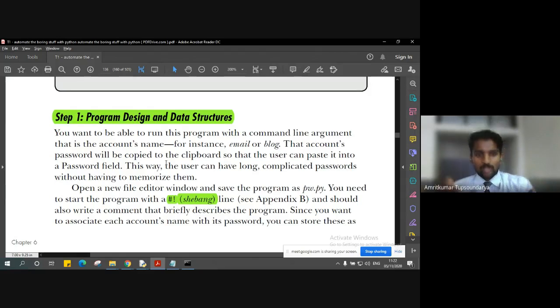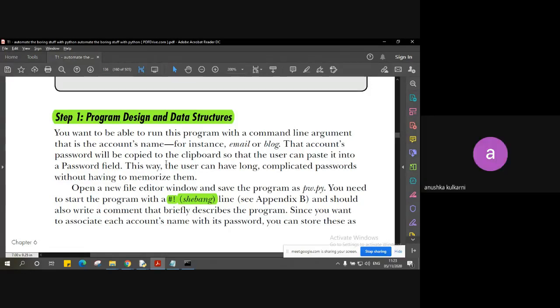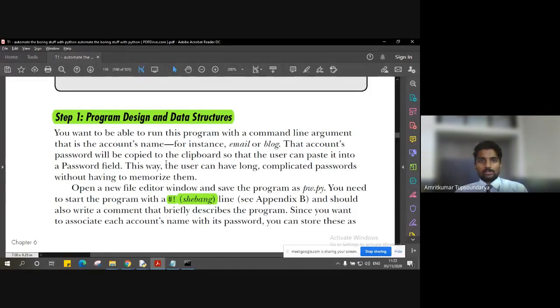So now we have a key and value pair. Since we have a key and value pair, what is best suggested that we use? Can anybody suggest? Dictionaries. Very good. Because lists, tuples or a simple string cannot have both key and value pairs, it is the dictionary that can give us that key and value pair. So we are going to make use of dictionaries here to store our accounts as well as our passwords, right?